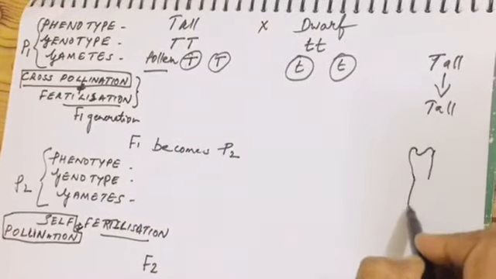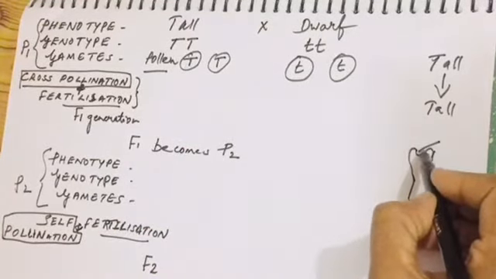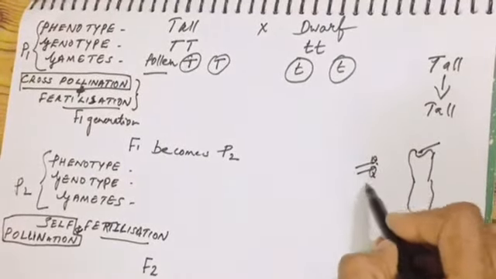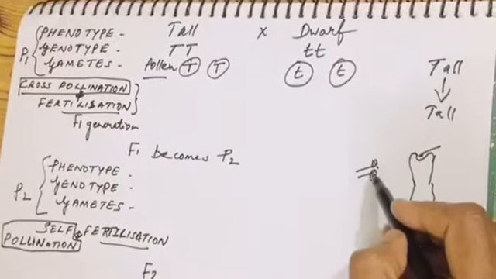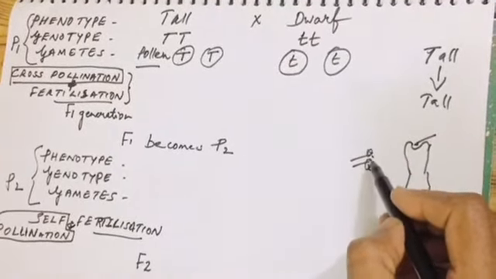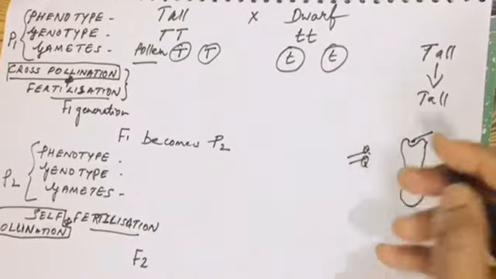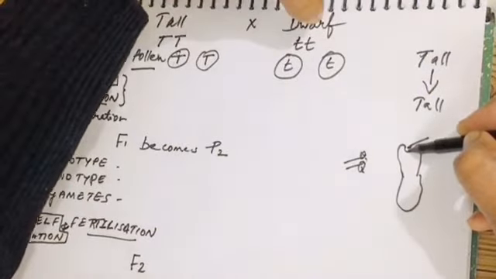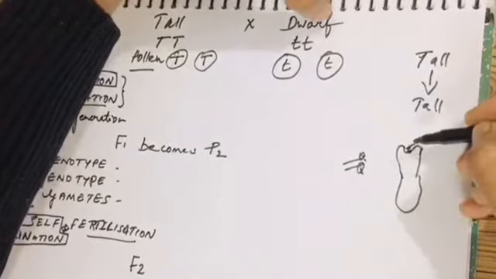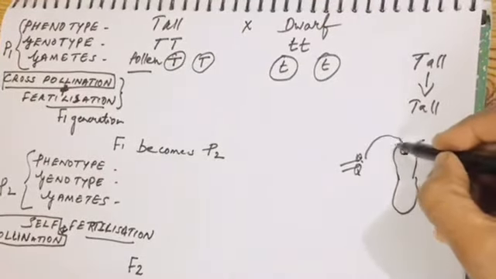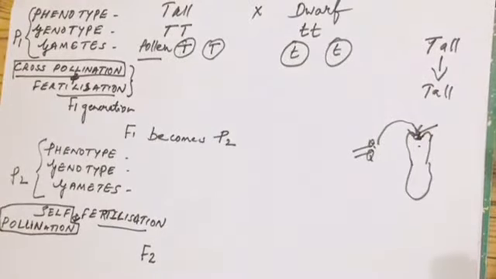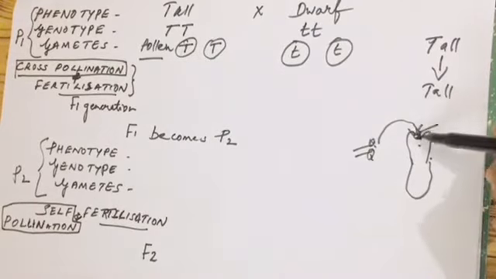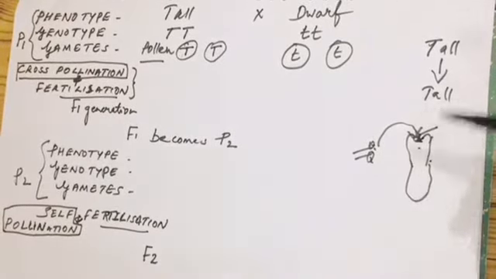Suppose this is the carpel and this is the stigma of the pea plant and these are the pollen grains. So what he did, he waited for these pollens to get matured in the anther. Then Mendel himself acted as the agent of pollination. He collected the pollen and dropped it over the stigma of the dwarf pea plant's carpel. Dwarf pea plant's flower's carpel, he dropped the pollens. Pollination done successfully. Now you may be wondering how he was sure that this pollen grain he dropped is only going for the further fertilization.